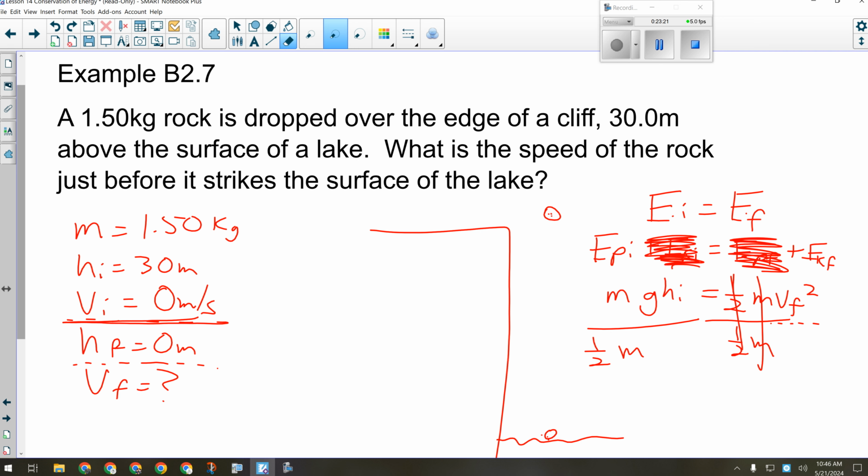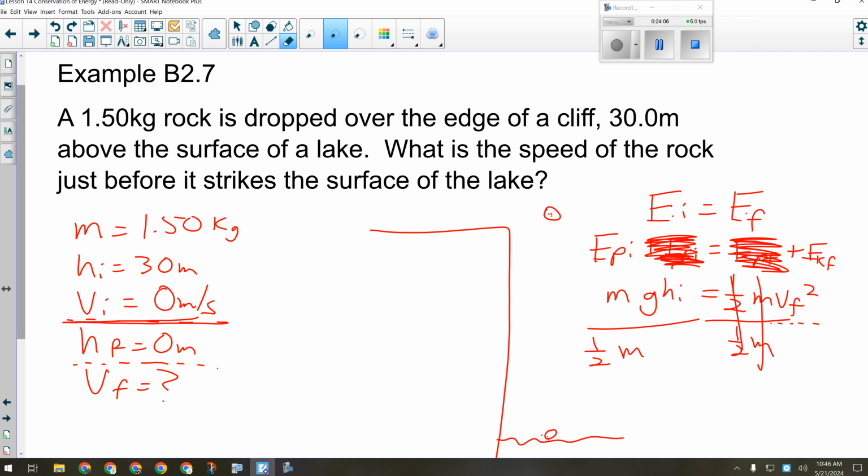Here's why. Does it matter whether I drop a 1.5 kilogram rock or a grand piano? Will it be going the same speed when it gets to the lake? It absolutely will. All things fall at the same rate, 9.81 meters per second squared. Will the grand piano have more energy? Absolutely, but it'll be going the same speed as the rock. If I drop them at the same time, they both splash into the water at exactly the same time, going exactly the same speed. I'd just rather be under the rock than the piano. Now, if you're not comfortable canceling the mass, you don't have to. You were given it. You can punch it into your calculator and you'll get the same answer. I'm going to leave it in there just for the sake of showing it all.